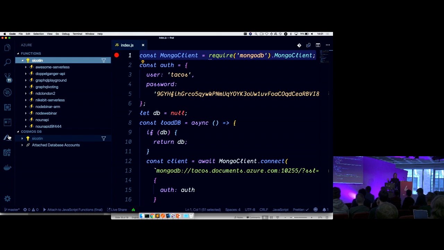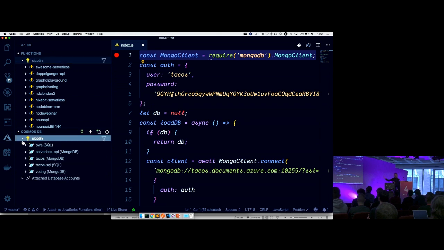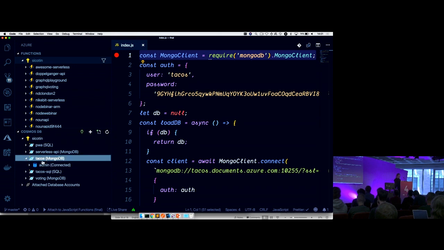So Cosmos DB is a NoSQL database that supports different types of models. We can query Cosmos DB using a SQL API, a MongoDB API, a Graph API, and there's a couple more, I think Cassandra as well. But the cool thing is that Cosmos DB has an extension as well in VS Code. And right here, I can go ahead and see all the databases that I have available. I can even inspect here.